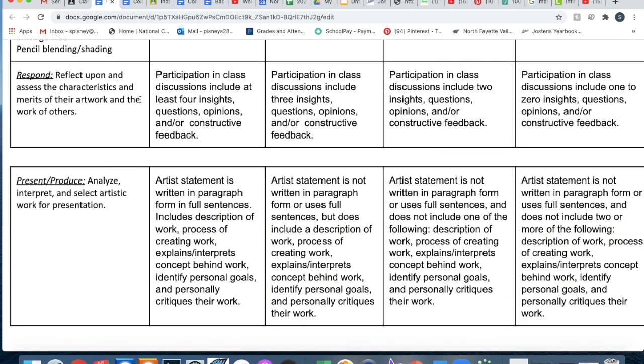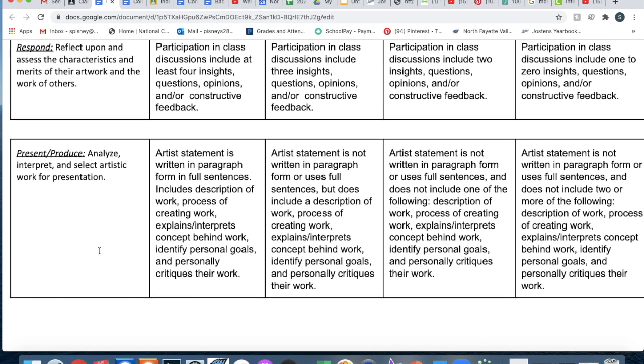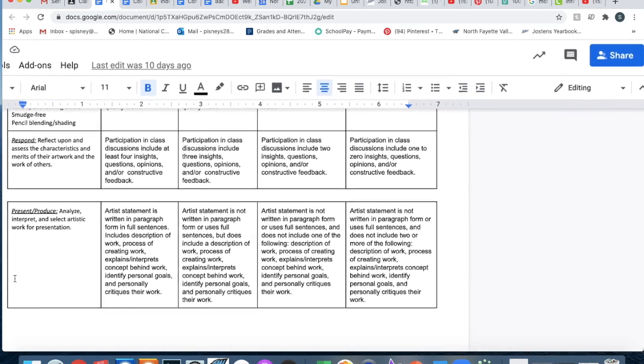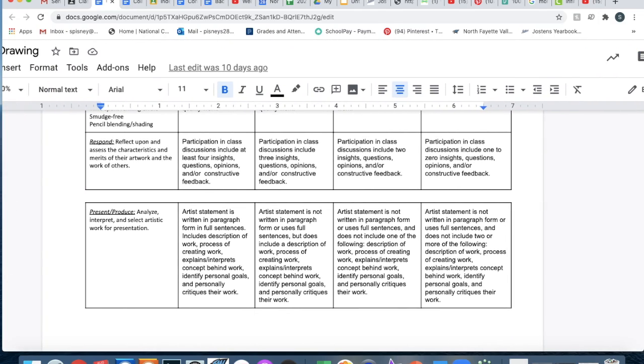The bottom two are going to be the critique and the artist statement. On your own time, you can go ahead and read through those. But also when it comes to the time where we're actually critiquing and actually doing artist statements, I'll go into some more instruction on my expectations for those, what it takes to be exemplary, proficient, beginning, and developing. So what I'll do